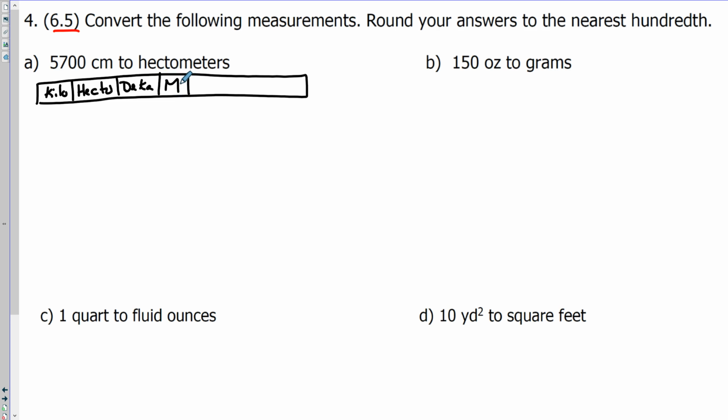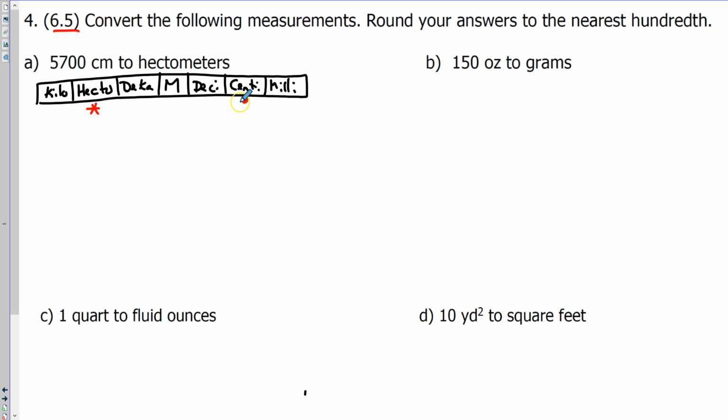If I was talking about liters, that would be my base unit. If I was talking about mass, then it would be grams. So in the middle of our scale is your base unit and whatever you're measuring in. And then the smaller values are the deci, the centi, and the milli. So right now, our number is a centimeter. So I'm right here in my sequencing, and I want to make it into a hectometer, which is here on